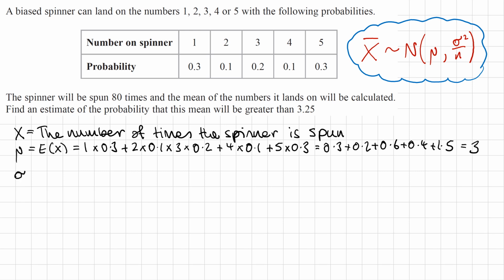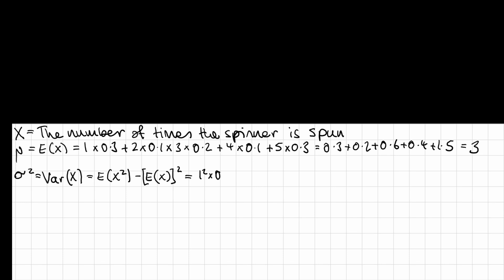Now we want the variance of this probability distribution. That's going to be Var X. Now remember, Var X is E of X squared minus the mean squared. Now we've worked out the mean, so we're going to be subtracting 3 squared. So E of X squared is going to be 1 squared times 0.3 plus 2 squared times 0.1 plus 3 squared times 0.2 plus 4 squared times 0.1 plus 5 squared times 0.3, and that comes in at 58 over 5,